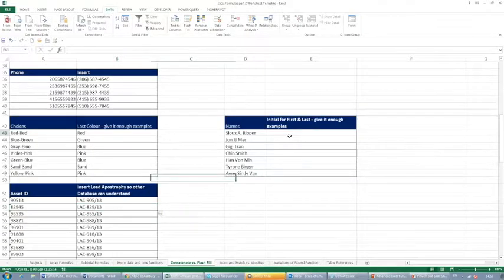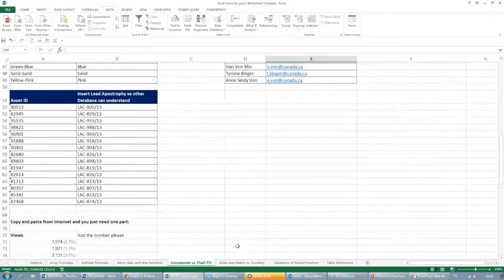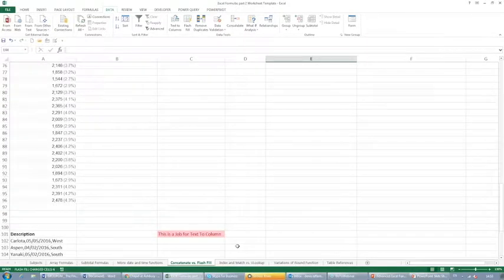The other thing that you could do, for instance, is create an email, right? So let's say s.ripper at canada.ca, let's say canada.ca, right? If I go Control E, automatically it's going to have created my email list. And now I have to decide if I want the middle name or not, but let's say I'm ignoring the middle name, then automatically it would do that for me. So really, really easy with the flash fill to be able to create things, and you could just copy and